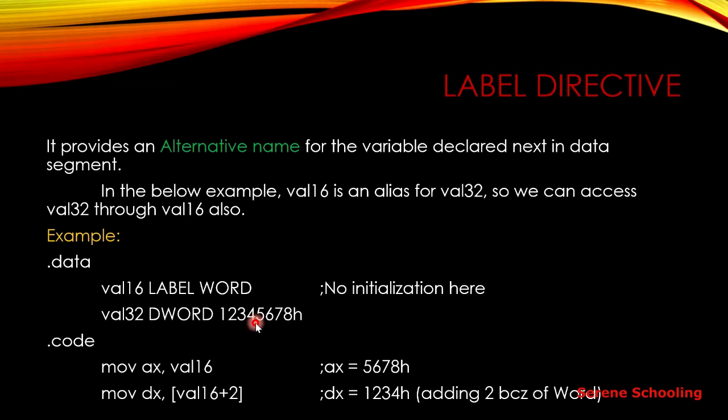And I hope you have gotten this concept already from your high level languages: suppose an integer, in typical compilers, takes 4 bytes or 2 bytes of size. So in order to access the next integer, you have to add +4, or in some compilers +2, right? So it is the same case over here. In order to access this upper part or higher part, you have to add +2.